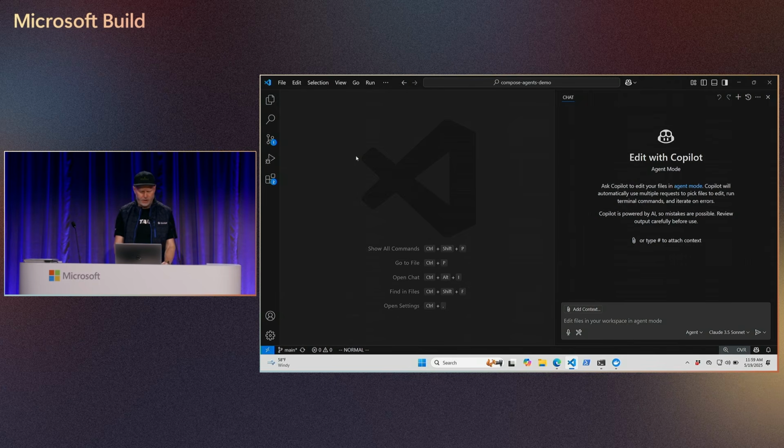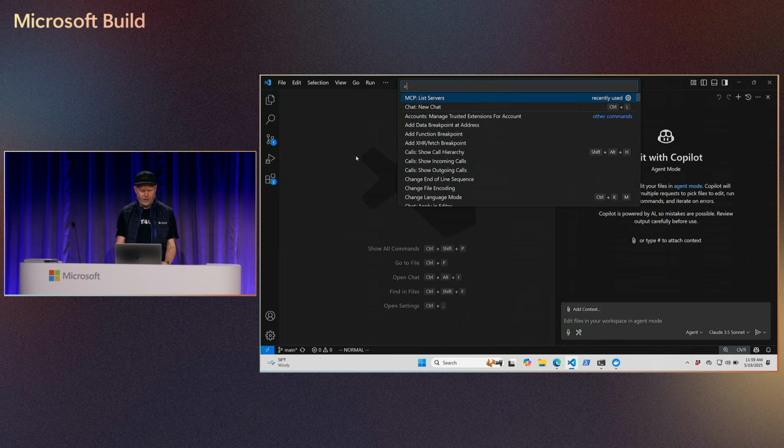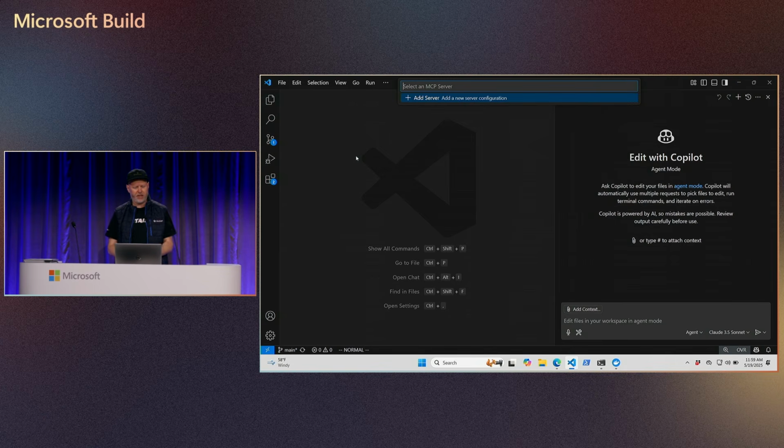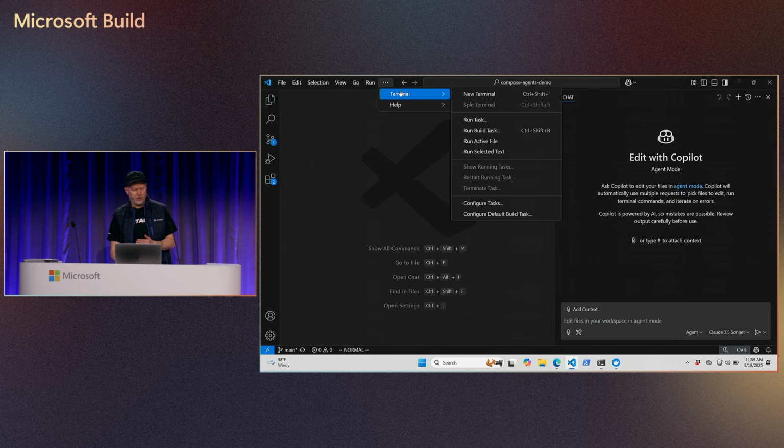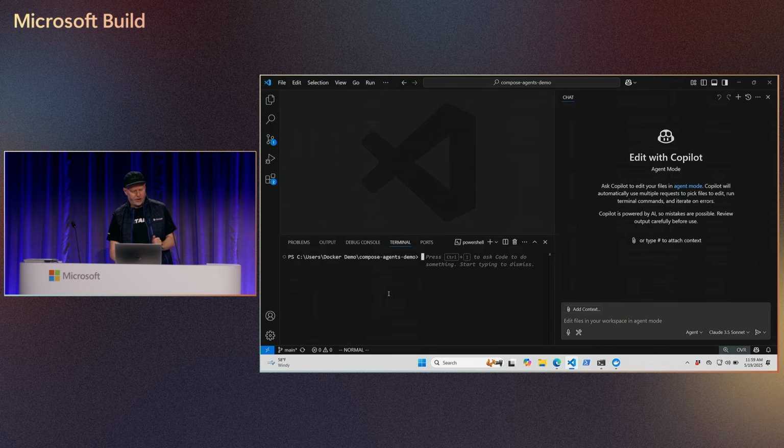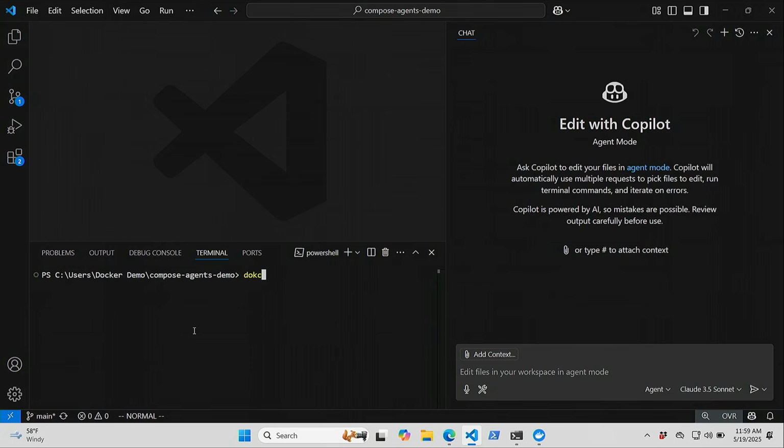And if you go to the menu and you list the MCP servers, they've given us a way to start adding new MCP servers into VS Code. We're trying to make this a little bit simpler. So let me go into the terminal here, and I'm going to say docker mcp client connect vscode.